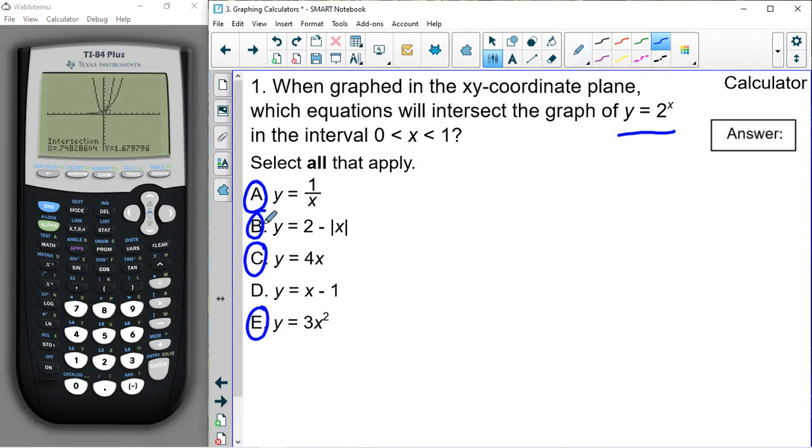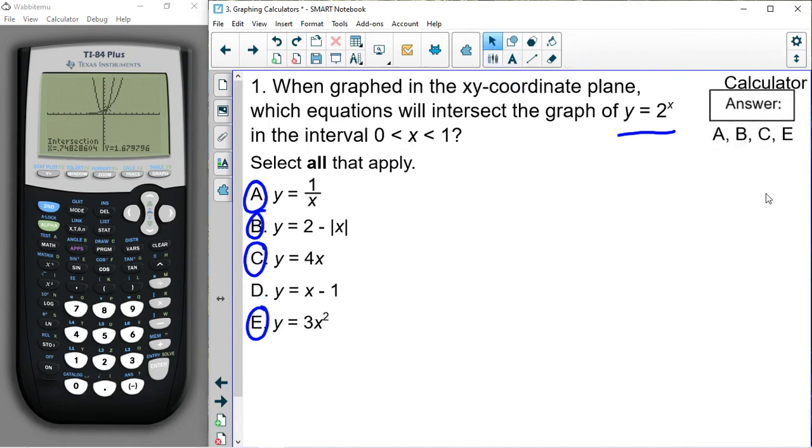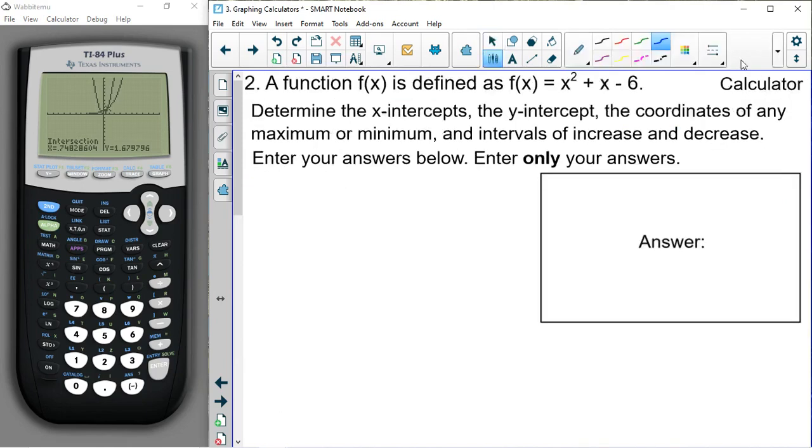So our answers were A, B, C, and E. Let's check it. A, B, C, and E, and we got it correct. Excellent. Number 2 says a function f of x is defined as f of x equals x squared plus x